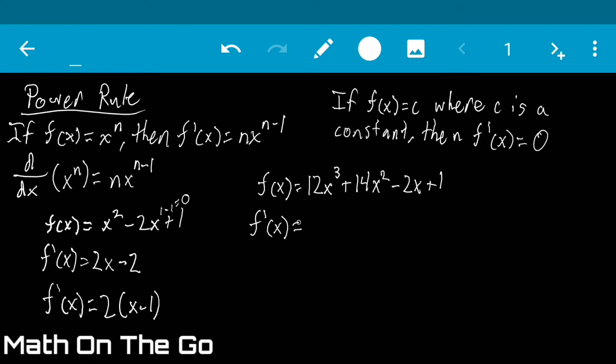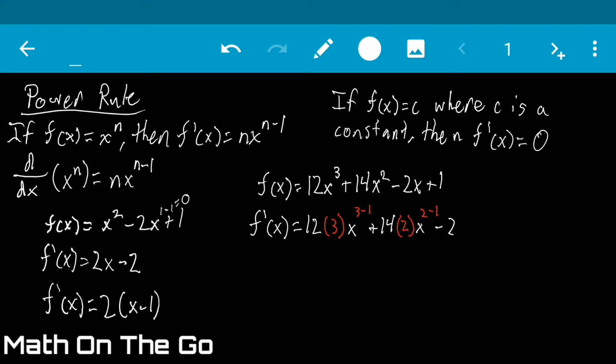This is where we start doing our derivative. So we have 12 times 3 x to the 3 minus 1 plus 14 times 2 x to the 2 minus 1